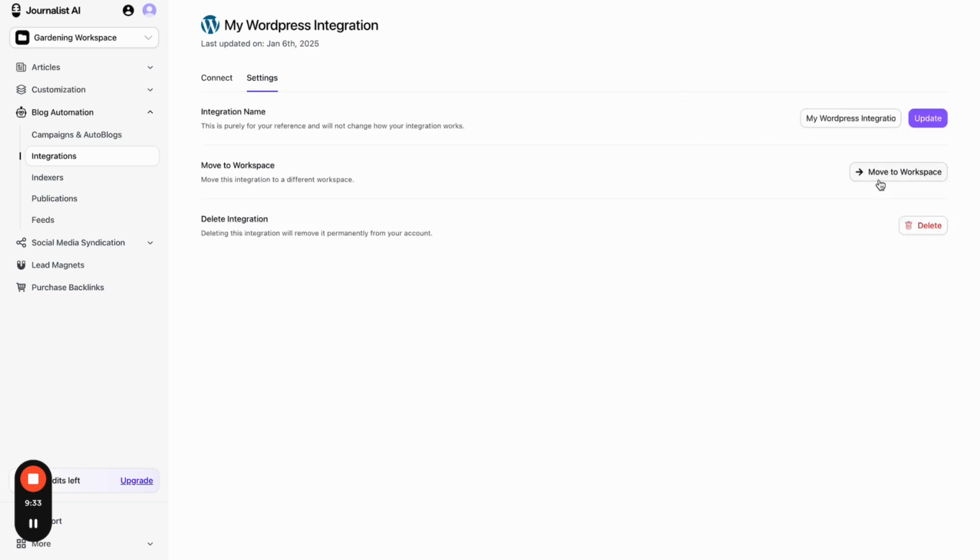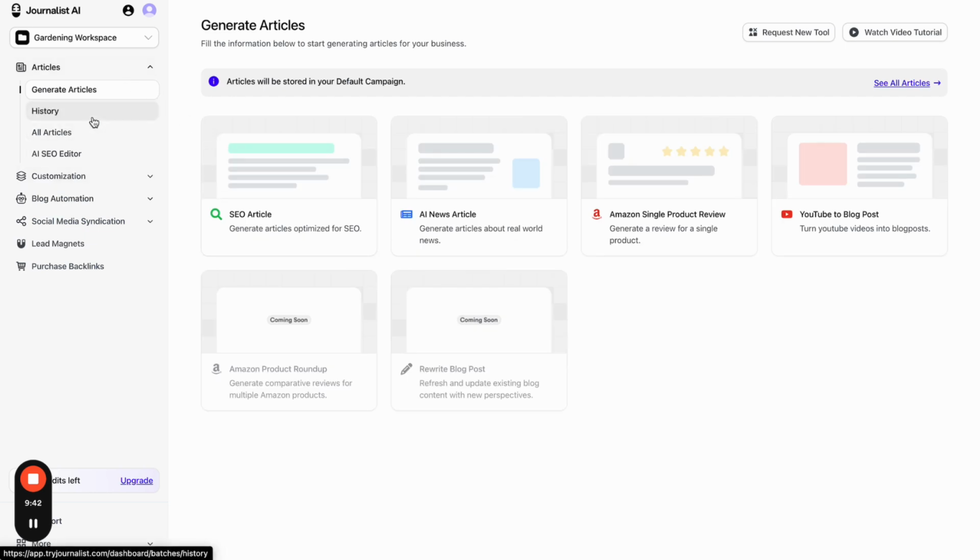I can move integrations from space to space. So from this space to that space. And I can delete it. Pretty straightforward. Now, again, if I go here to articles and go to my history tab, I